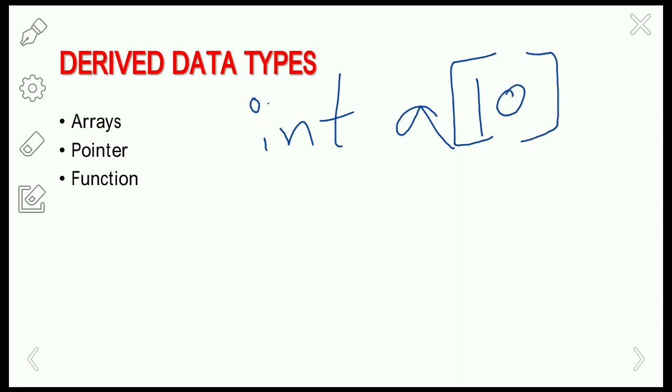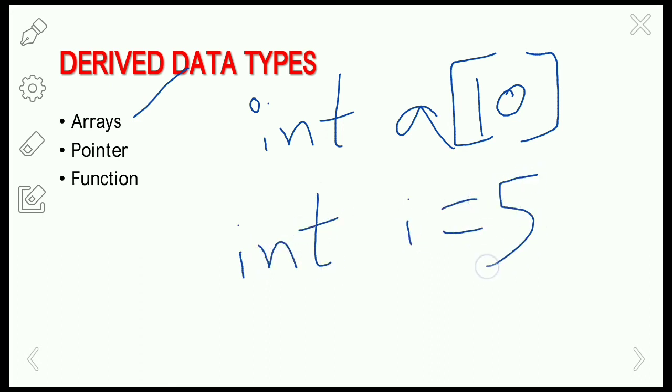Okay, so why do we use arrays? Suppose you want to store a value, then you will use a particular variable here, right? int i = 5. That means we are using a variable called i for storing a single value. What if I want to store 100 ages, 100 persons' values, right? If you want to store the ages of 100 persons, then how can I store them?